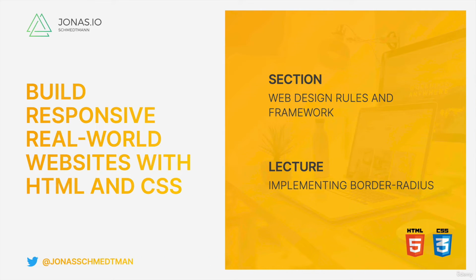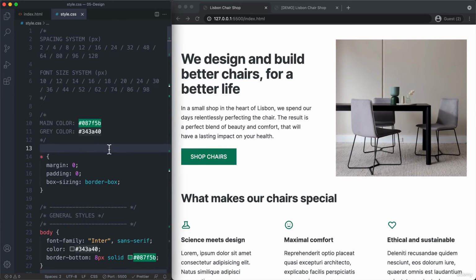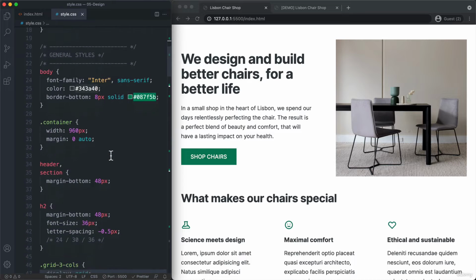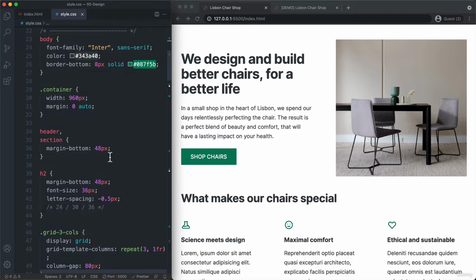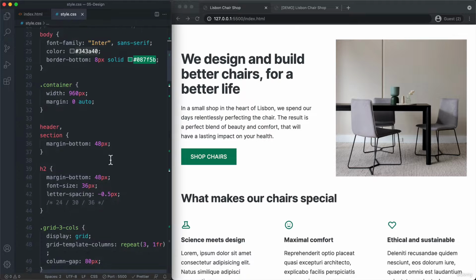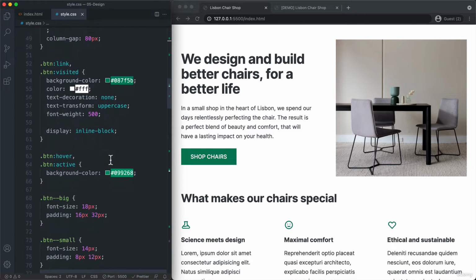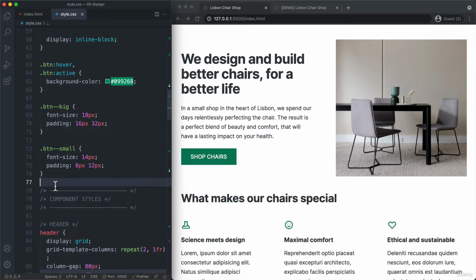And specifying border radius in CSS is actually extremely easy. And so let's now go do that. So all we need to do is to specify the border radius property on some element. So let's go, for example, to images and apply a border radius to all of them. So I'm actually going to select right here all the images